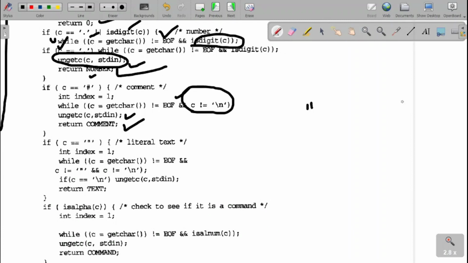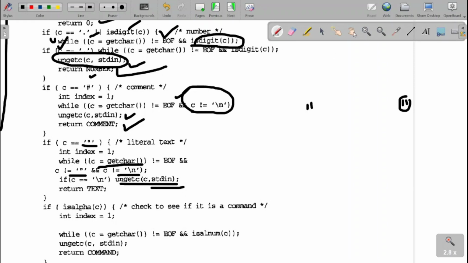It will start with the double quotes, end on the double quotes, or in between I can have the enter key over there. If the character is in double quote, I will keep on reading. How long? Till I get the double quotes or the new line character, I will keep on reading. If a double quote is a part of the text, that is a part of the character, but not your enter key. If it is an enter key, you put back that enter key to the input stream. But if you get a double quote, you just process it. Right? So that is for recognizing the text.